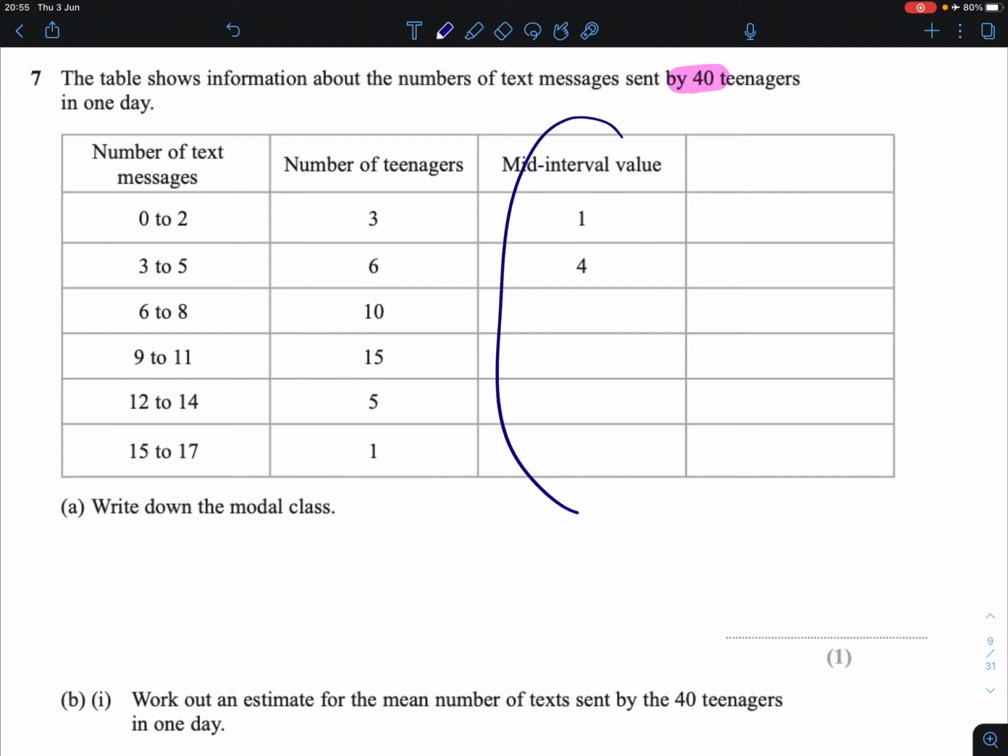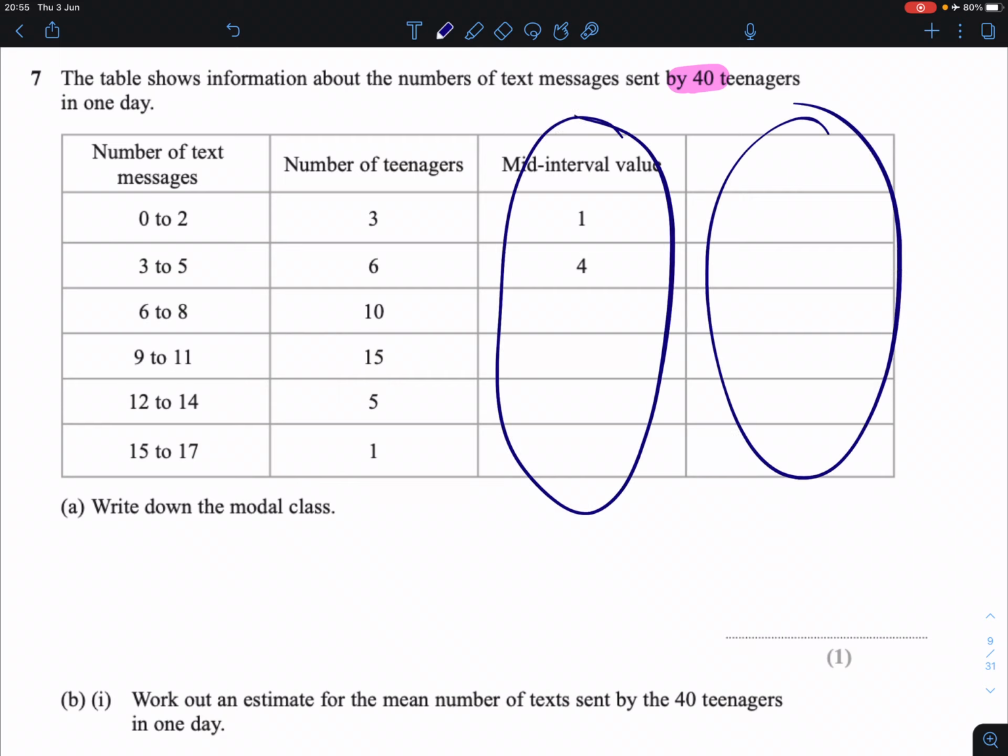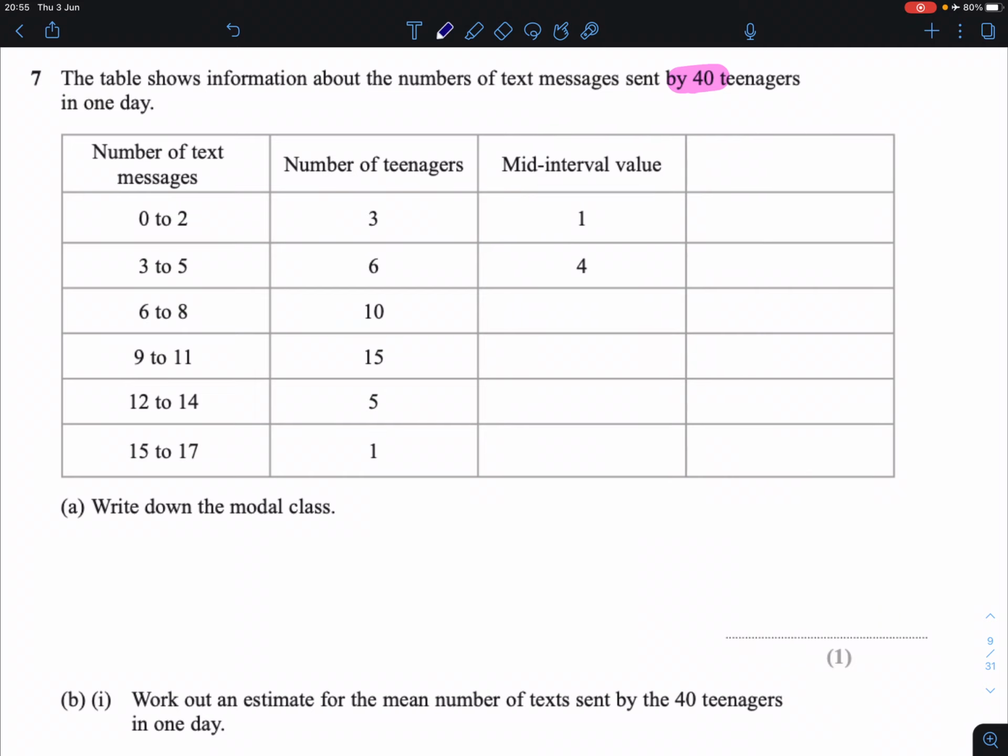We also have these 2 columns here, one with a title, mid-interval value with a few things filled in, and another blank one, which we're going to be using at some point in the question, otherwise they wouldn't be there. Part A, write down the modal class. So that's which of these groups at the start has the highest frequency, or the most amount of teenagers that sent it. Well, it just so happens that 15 here is the largest frequency, so 9 to 11 is the